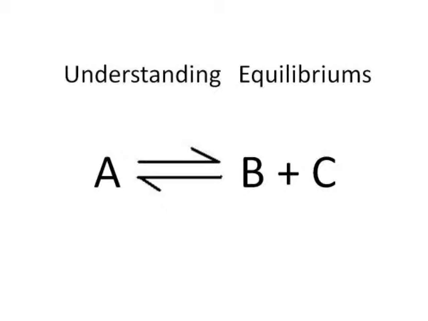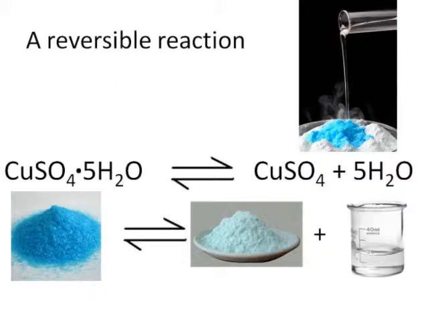Hello, this screencast is to help you understand equilibriums. An equilibrium is a balance point in a reversible reaction. I'm going to use this example of a reversible reaction, which is the reaction between blue copper sulfate and white